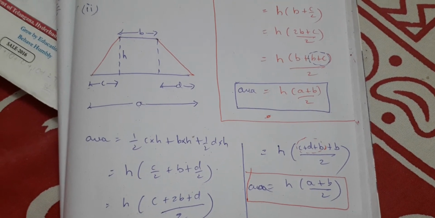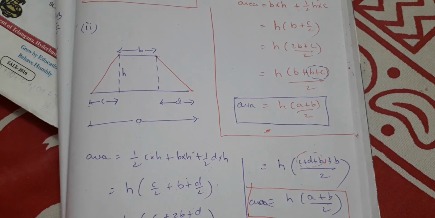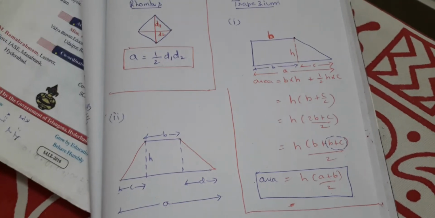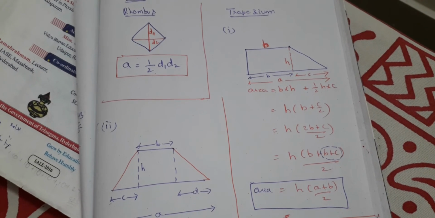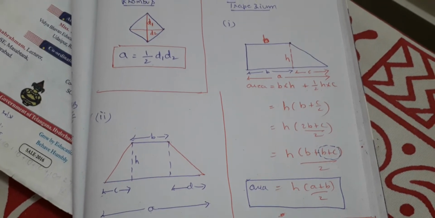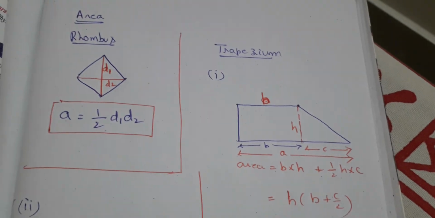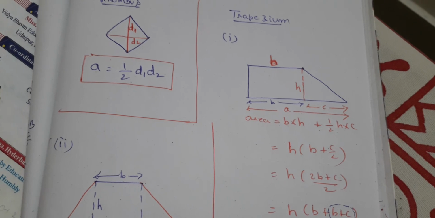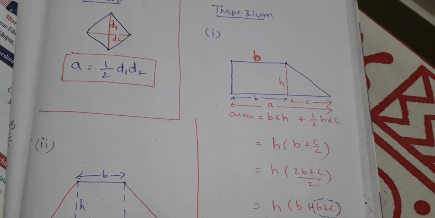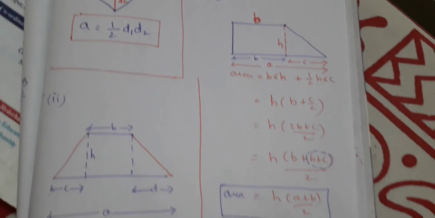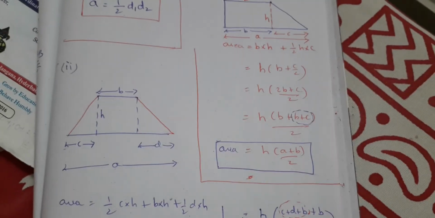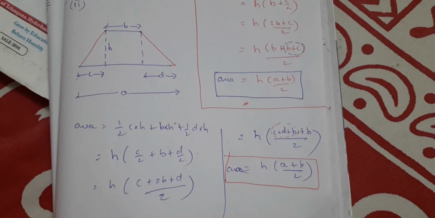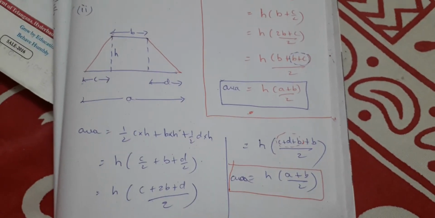So what are all the things that we have determined? Area of square, area of rectangle, area of triangle, area of parallelogram, area of rhombus, and area of trapezium in both the cases. Clear, children? So please take a screenshot of this and then copy it down carefully. You should know the terminology. H stands here for height, or the perpendicular distance between the two parallel sides, where a and b are the lengths of the two parallel sides. Okay, so in both the cases, please clearly note down and prepare your own notes.